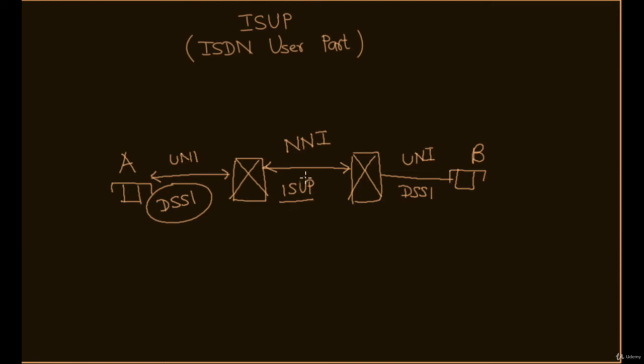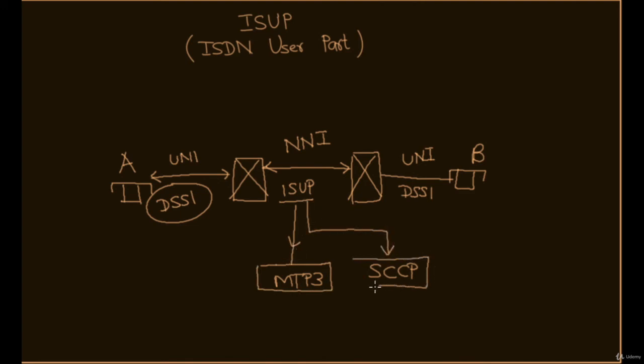The ISUP protocol, which is the network to network interface protocol, can work on top of MTP3, or it can work on top of SCCP, depending on the service which is required. It can work on top of SCCP also and MTP3 also. For basic call setup,